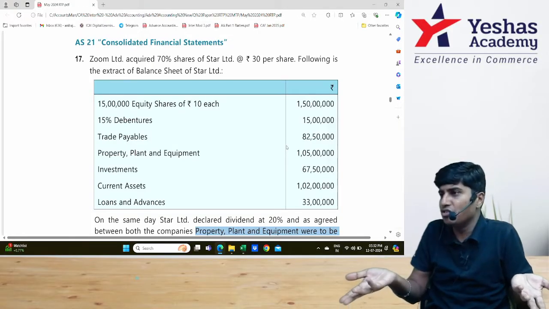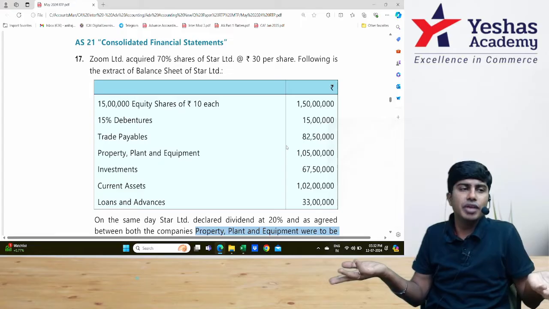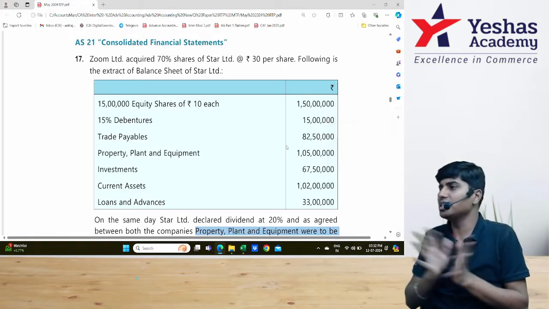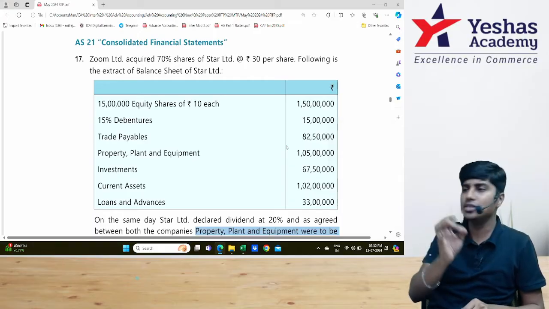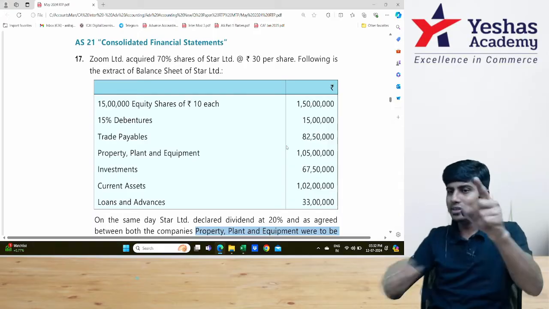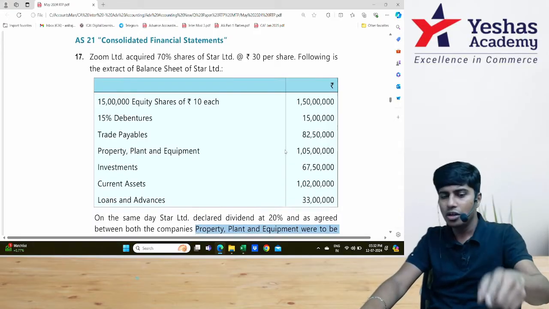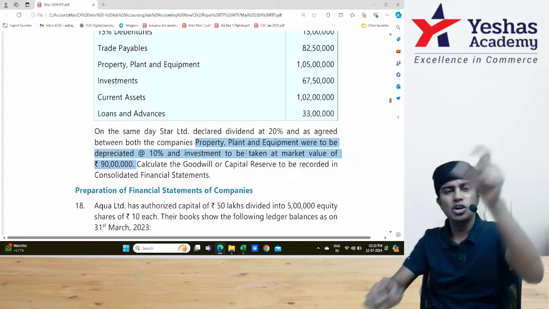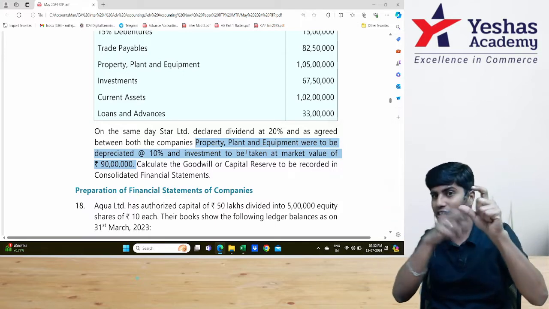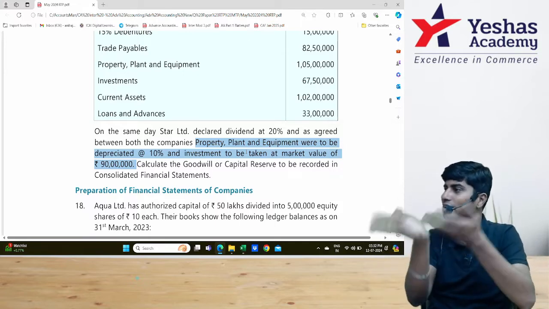So in the absence of specific mention about reserve, we have only one way out. Only thing missing in the extract is reserve. So using the data, we'll prepare a balance sheet to find reserves as balancing figure. But that reserve will be on the date of acquisition. We need to further identify this PPE revaluation and investment revaluation difference as reserve. To that reserve, what we find in the balance sheet, we should add these items and that should be shared